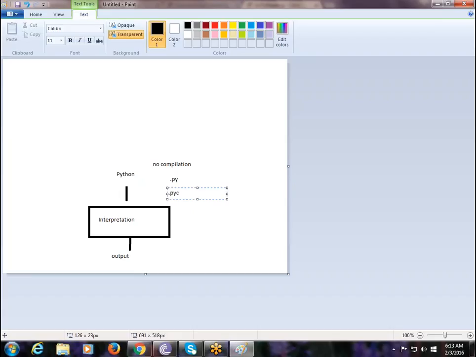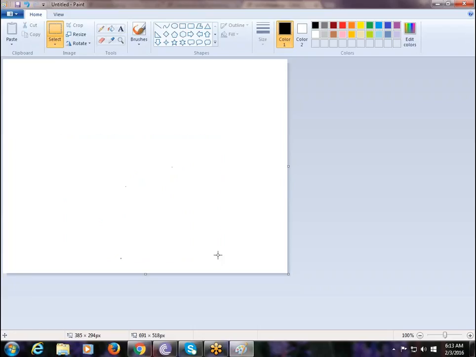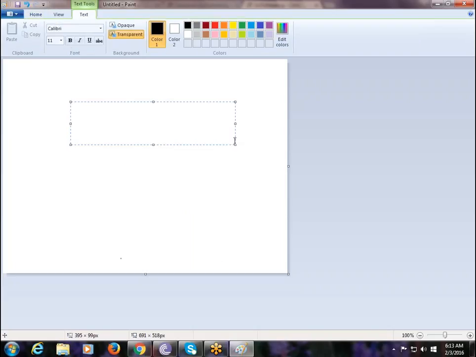Any doubts? No. Clear. So you got the difference, right? What exactly is the difference between programming and scripting? Now you got the difference between programming and scripting languages. Now our intention is coming to the scripting languages. So what exactly is this meant for?